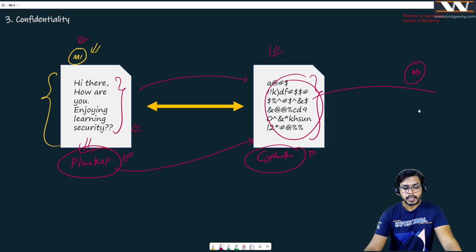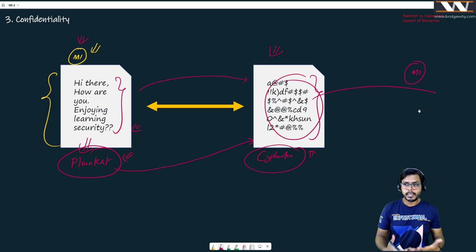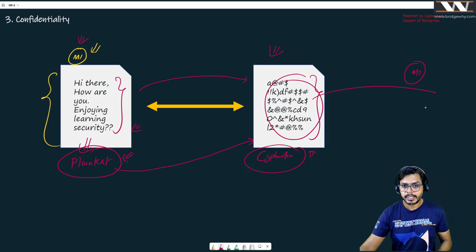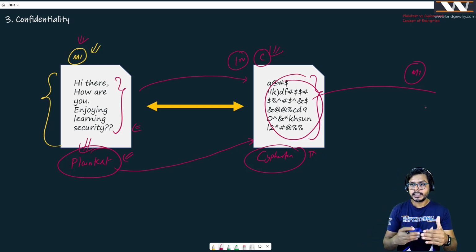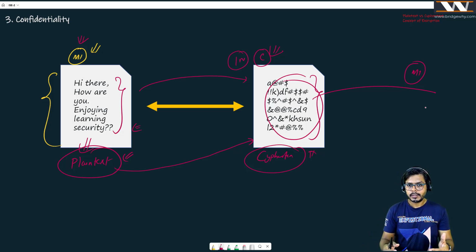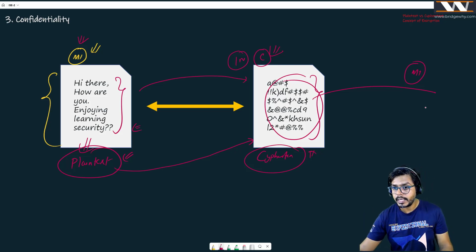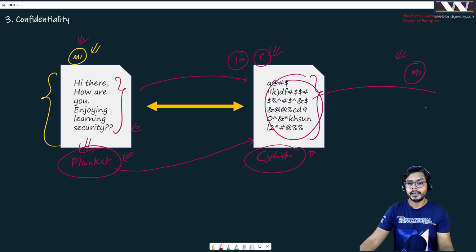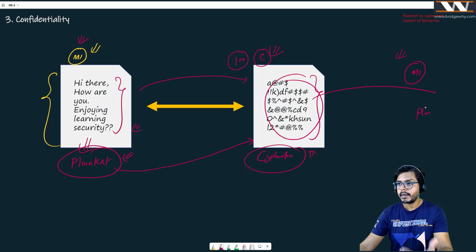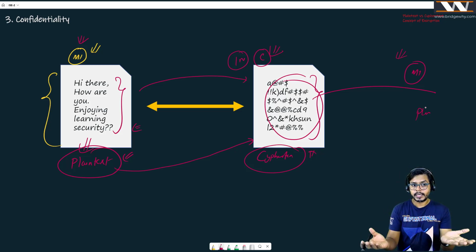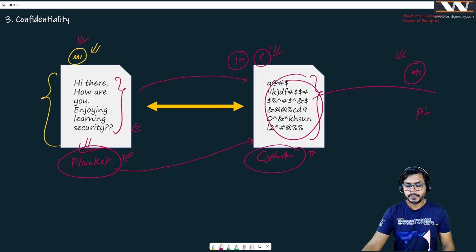So it is great that if I want to send my message M or M1, I am not going to send it in plain. I will change it to ciphertext, and over an unsecure medium like the internet, I will send this ciphertext, right? So that nobody can read it. And once this message reaches the destination, the destination can convert it back to plain text so that they can read it. So only the source and destination can read it because they know the rules which convert plain text into the ciphertext. And by the way, this process of converting plain text into ciphertext is known as encryption,